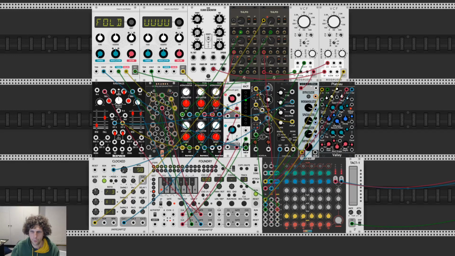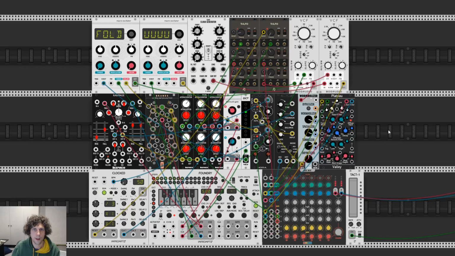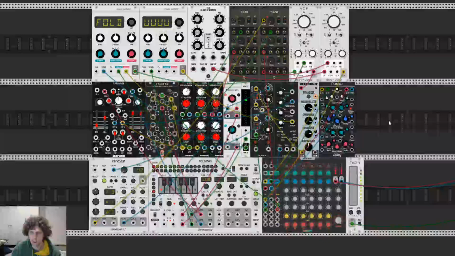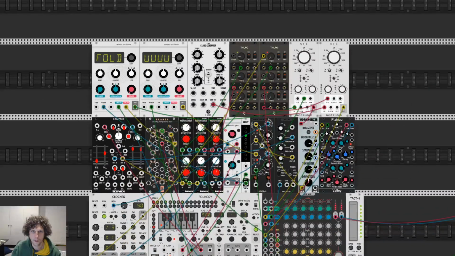So I started with a base drone using this cloud generator here. This cloud generator is a real go-to for me at the moment. It's so much easier than hooking up a heap of saws and detuning them. It just does it for you. So this sounds like, turn the whole thing up. There it is. So a little bit of spread, and